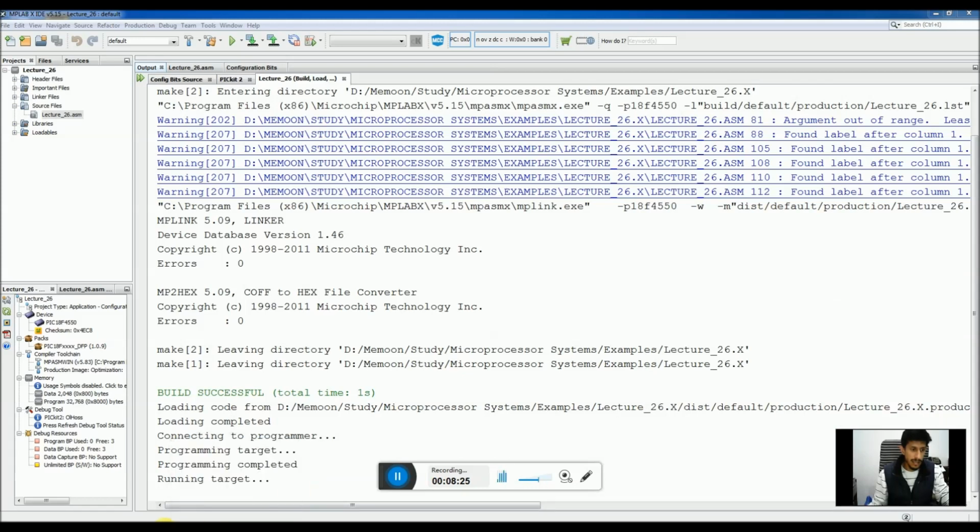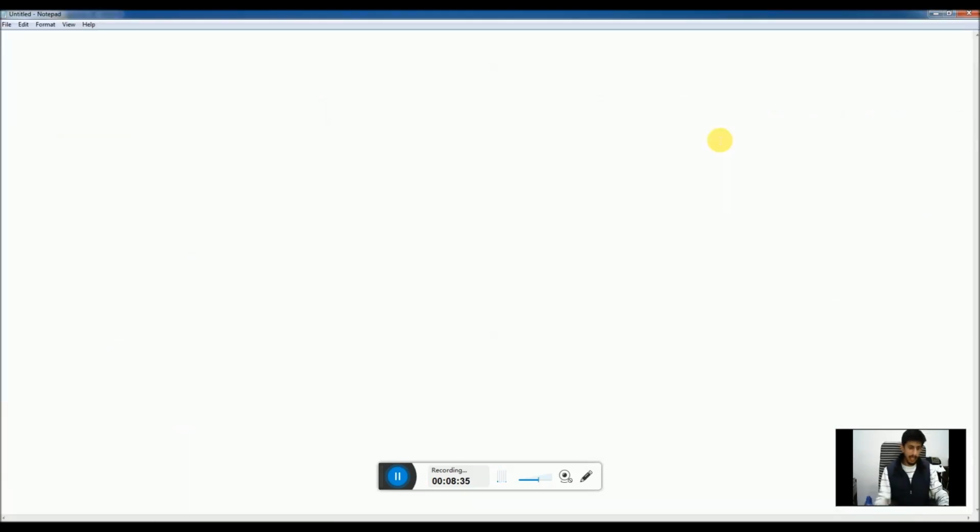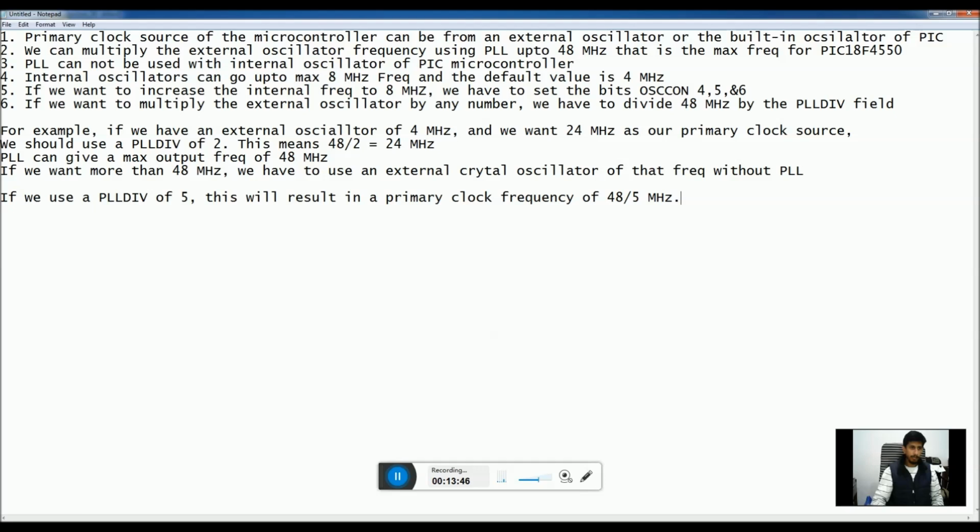The summary of today's lecture is, I hope that after today's lecture you will be able to see what kind of configuration options we have and how to use the basic ones amongst them, and make programs for PIC18F4550.